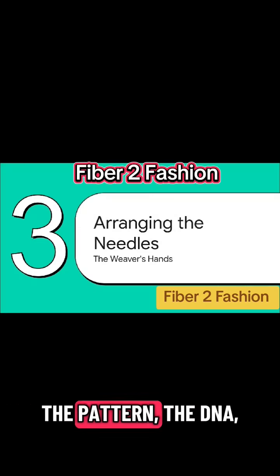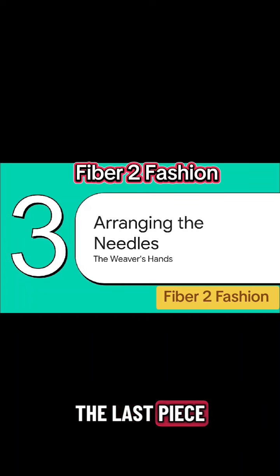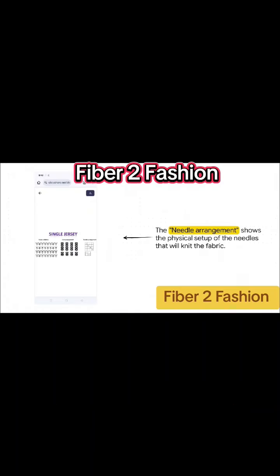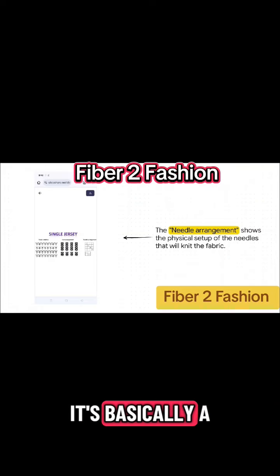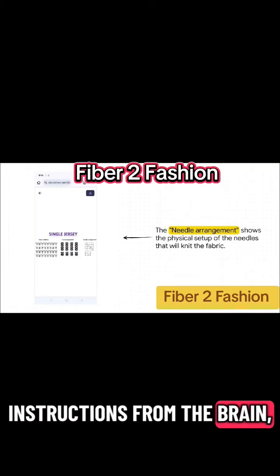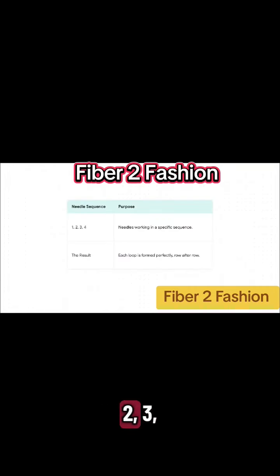So we've got the pattern, the DNA. We've got the brain, the instructions. The last piece of the puzzle is, well, the physical tool that actually does the work. Let's call them the weaver's hands, the needle arrangement. Now, check out this grid on the right. This is the needle arrangement. It shows us the physical setup of all the needles. It's basically a map, telling us which needles are being used and in exactly what order to carry out the instructions from the brain, from the cams. So those numbers you see in the grid, 1, 2, 3, 4,